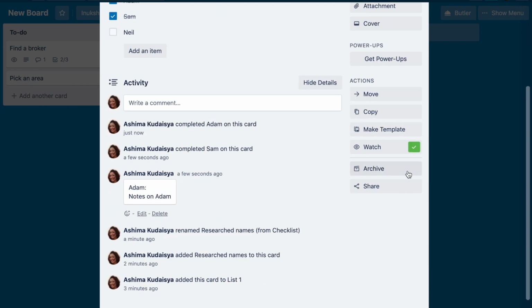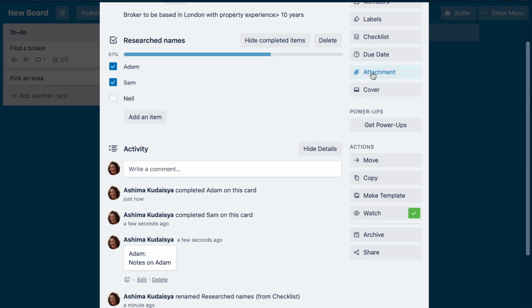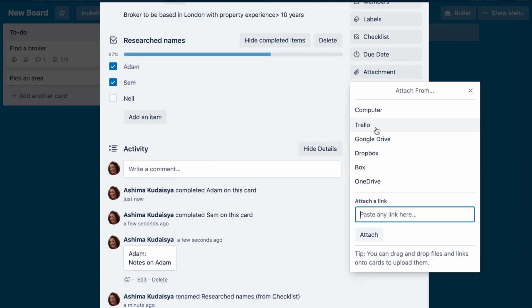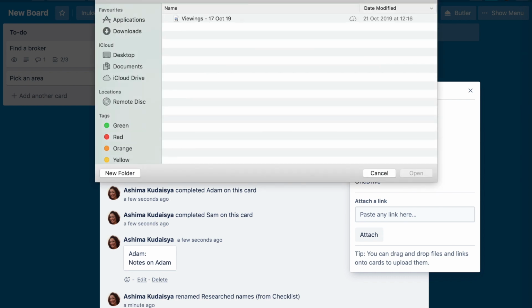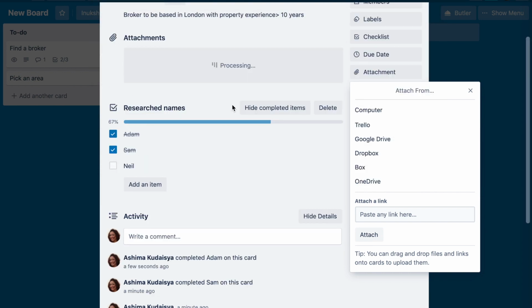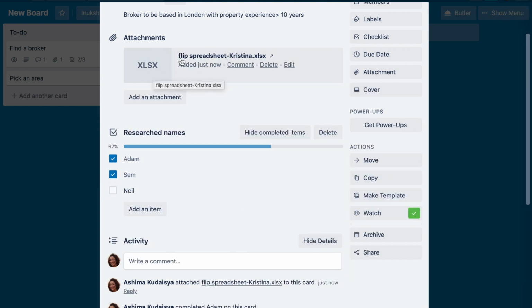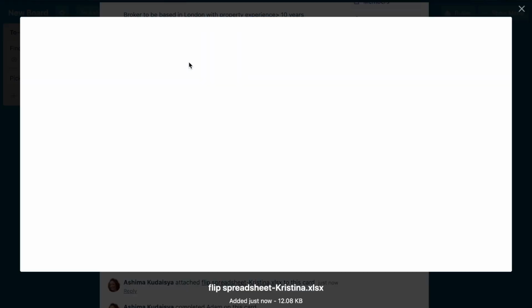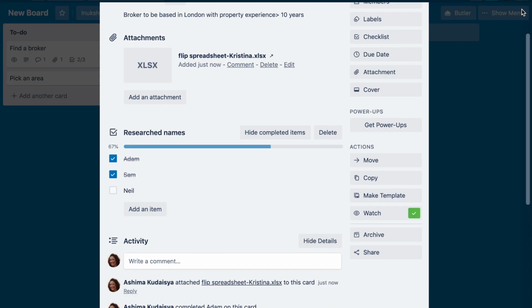And the other thing you can do is pretty much attach anything you found, and you can attach it from your Google Drive or your computer. You can just attach any file over here. So let's just, for simplicity, attach maybe my spreadsheet over here, and that's how you'll see it. You can comment on it. Not sure what happened over there, but basically you can comment on it, you can add it,